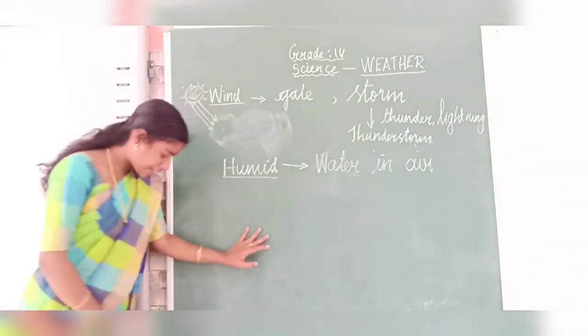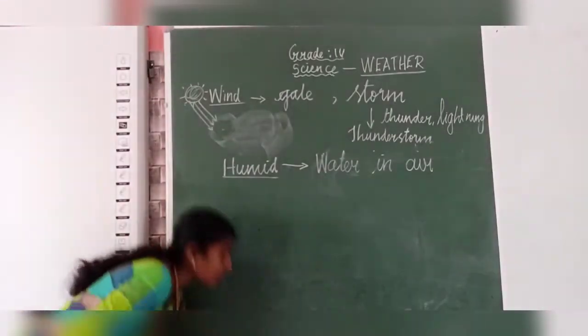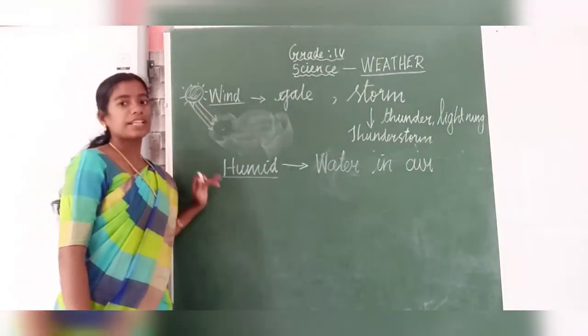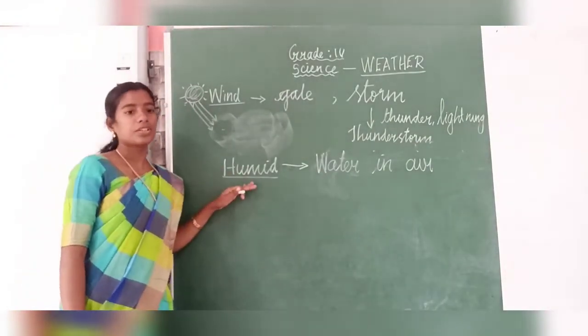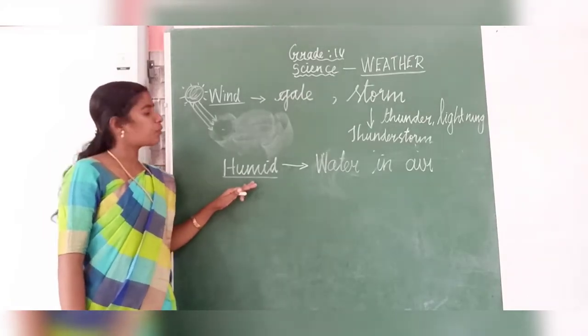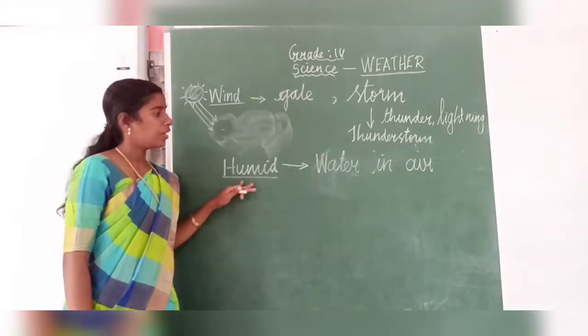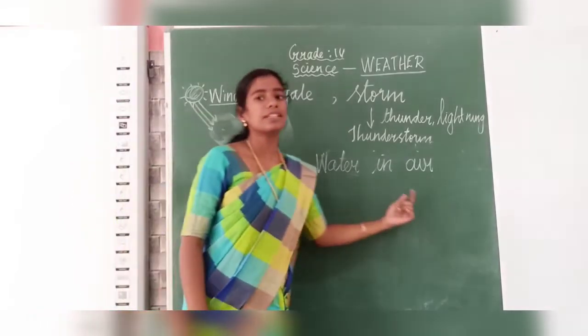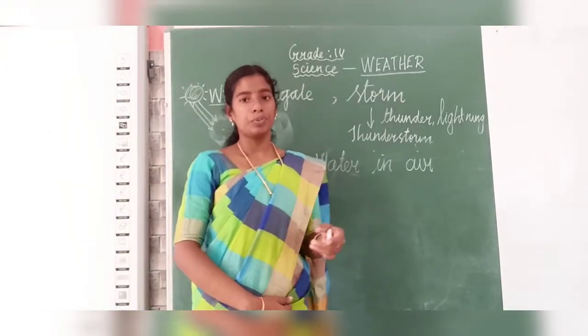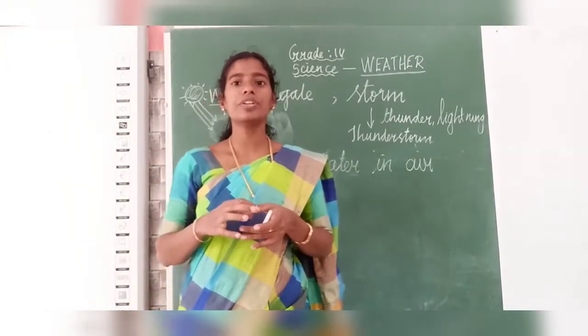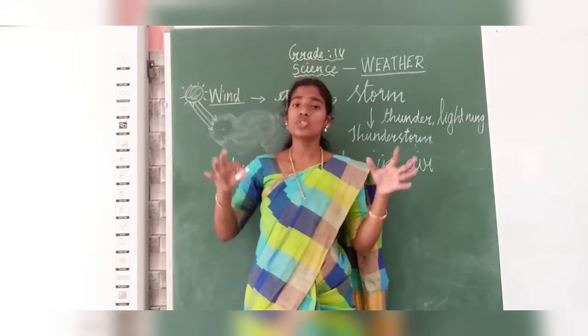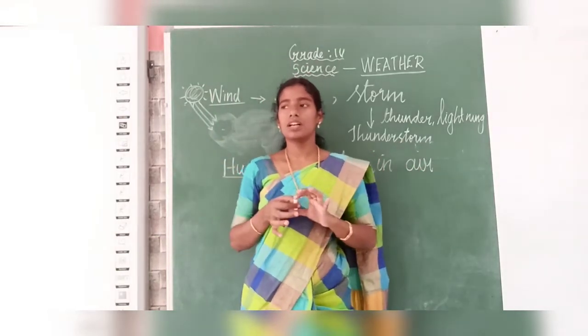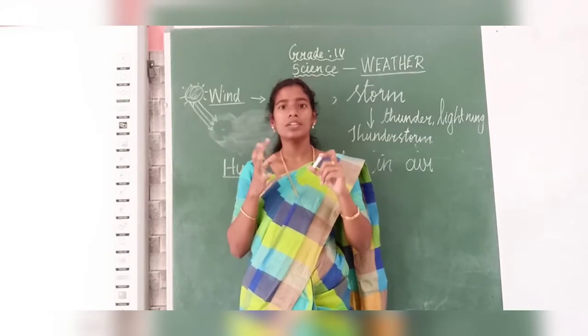The first weather is wind, and the next one is humidity. What is meant by humidity? The water content present in the air is called humidity. How can we explain this? If it is too sunny and you are feeling too hot, what happens is